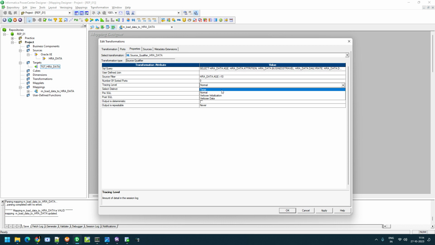Suppose if it is a text, it has minimal data. Normal shows what data we are getting. Verbose data provides end-to-end data, like what table, everything. I can show you later in this video. And if you want to pull the data as distinct, you can select this option. And before running this query, if you want to create or remove the indexes on the table,